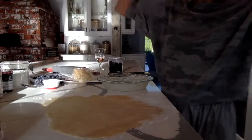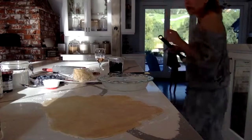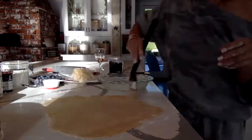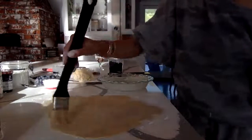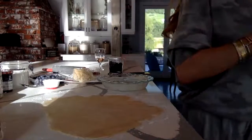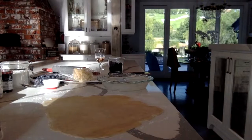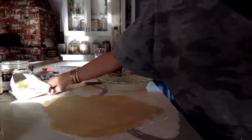That's why I have my glasses. Oh, where did my glasses go? I swear to God, I had glasses on my head so I could check with my eyes. My 40s have been a joy. I'm not complaining, but I'm losing my eyesight. So there you go. I remember when I went for my 40th checkup. Oh, I found the glasses. I went to bring butter. When I went for my 40th checkup,